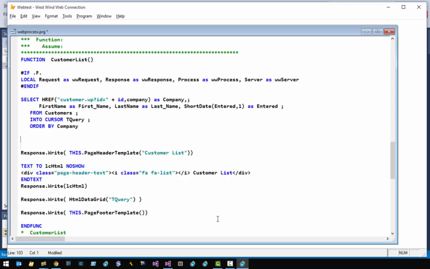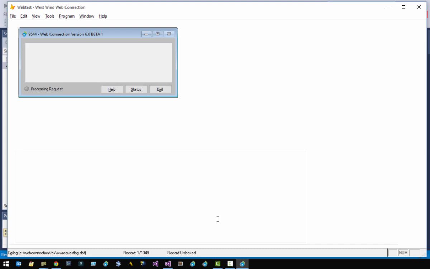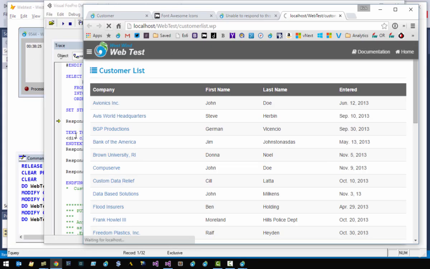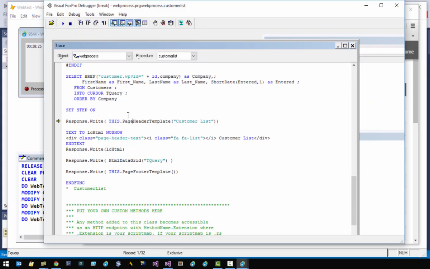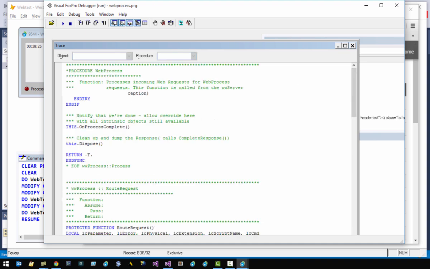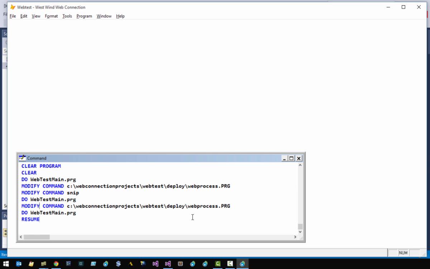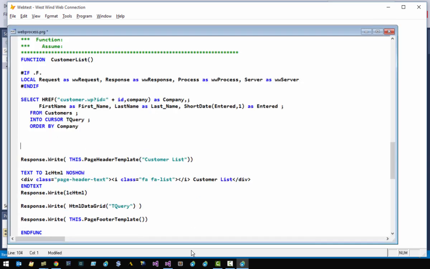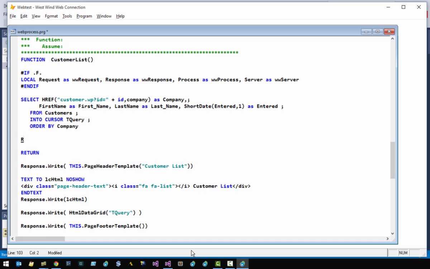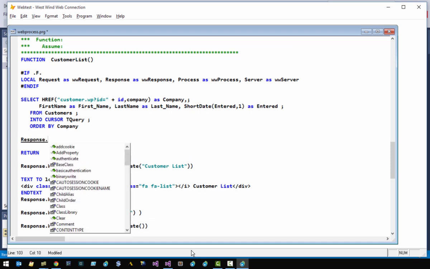So if we go in here and we set a breakpoint, we should see that the code still stops and lets us step through here, right? So we can step through this code and execute just like we always do in FoxPro. Okay, so what we need to do in order to render our template is abandon this code. So I'm going to return, and instead we can call into one of the functions of the response object,